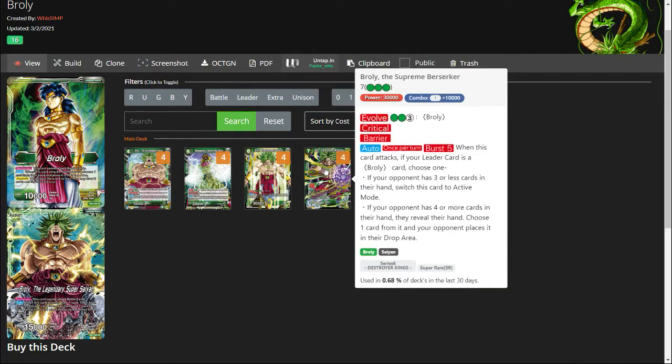And the second ability, you have choices. If your opponent has 4 or more cards in their hand, they reveal their hand, and you choose one card from it and your opponent places it in the drop area. Sorry, fumbled my words here. So the 6-drop Broly and the 7-drop Broly are going to be your most viable options, and most of the time people are just going to play either one or the other. Personally, like I said, I like to go with the Broly